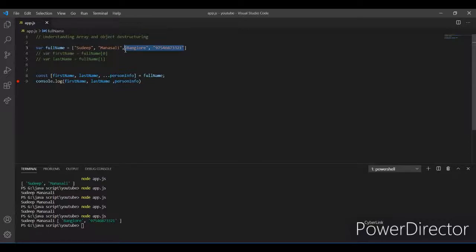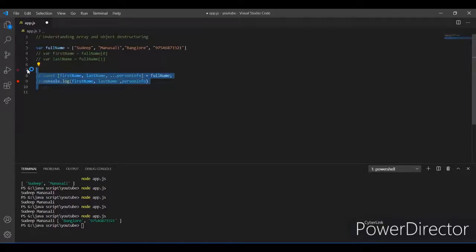So array destructuring is really a nice feature if you want to split up an array into variables or constants, which you then can use throughout your code. It simply saves the extra work of doing this manually, and therefore you can speed up your development process. This is one way of using array destructuring. Now we will start with object destructuring.